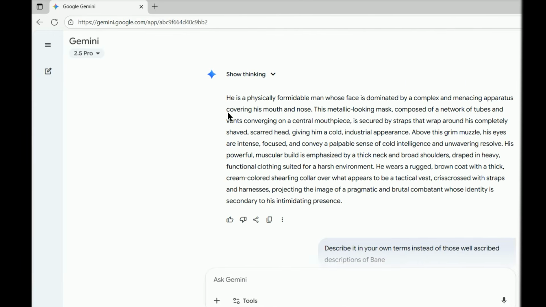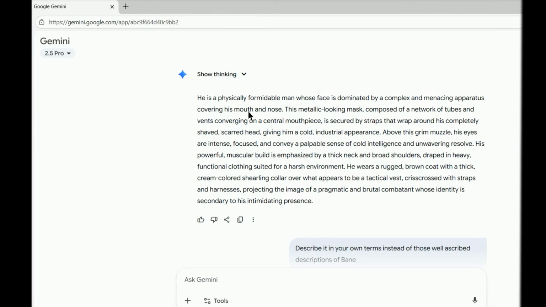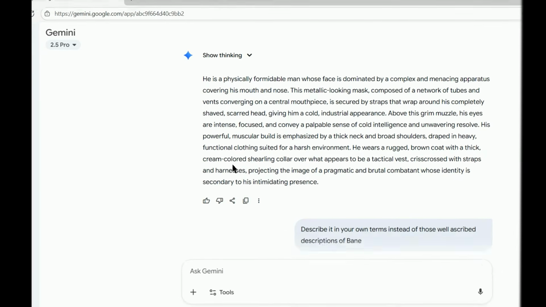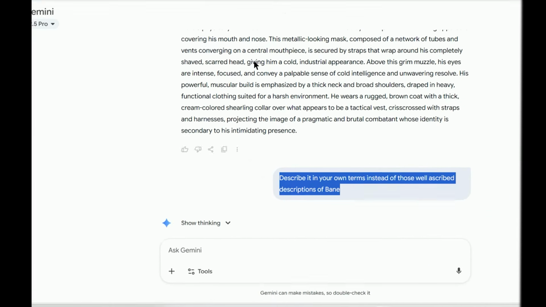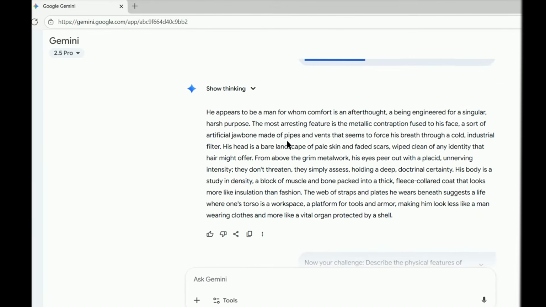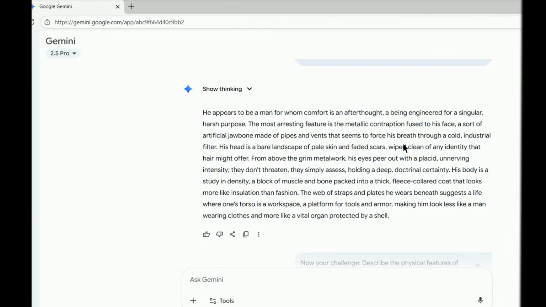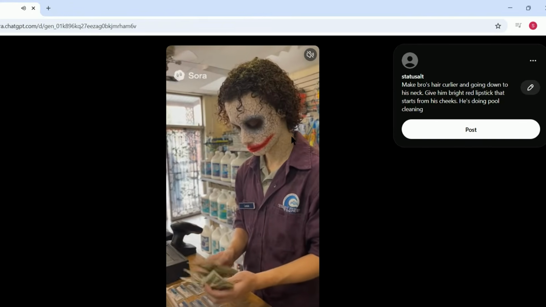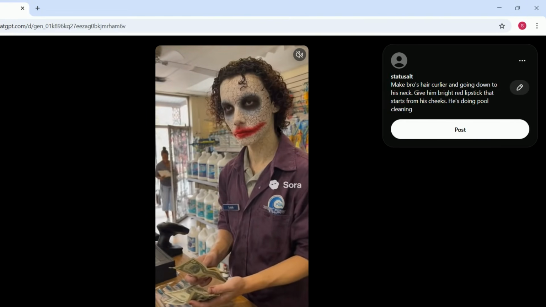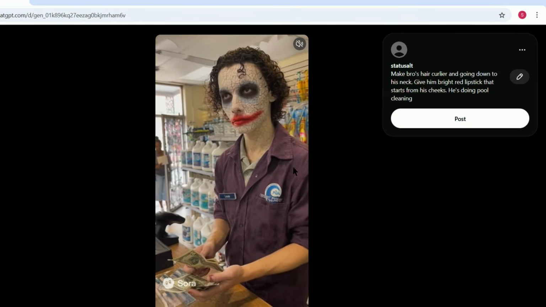So go to the AI of your choice and ask for a detailed but purely physical description of that person. But if you just use this exact description, it's highly likely that Sora will block it in the second check because it will recognize the appearance of the person you created as looking too similar to someone famous. So you need to intentionally make them look slightly different from their well-known appearance.